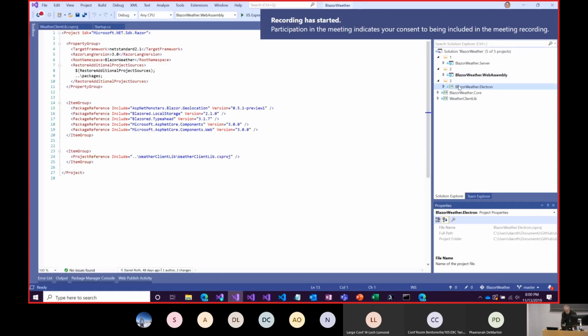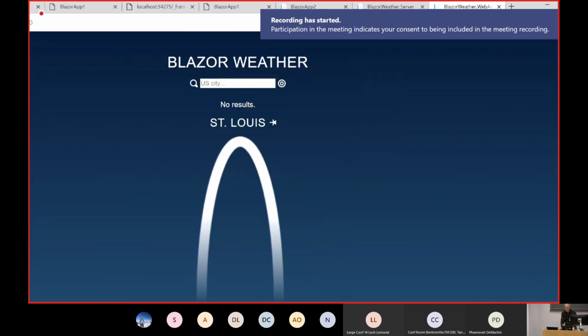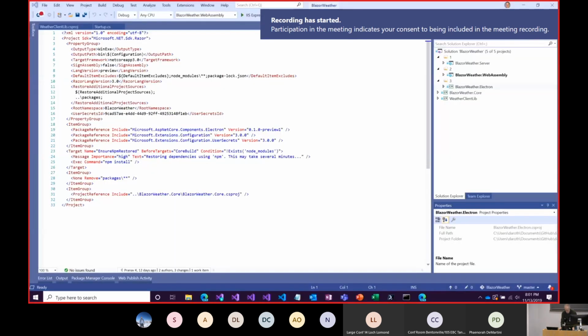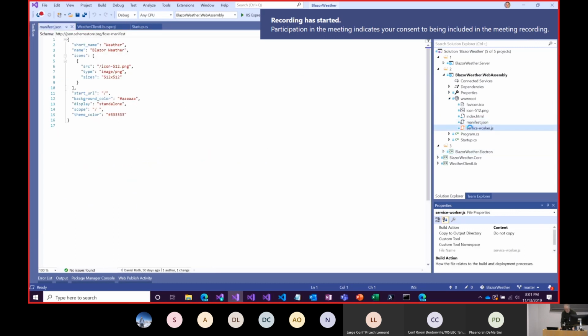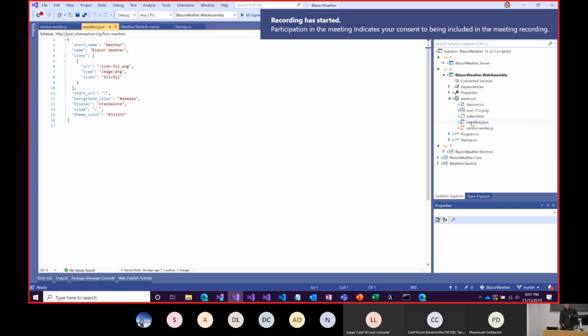Okay, but we can also reference, and before I do that, notice up above, there's this button here that says install Blazor Weather. You see that? Why is that there? Well, that's because the Blazor WebAssembly app does have 2 things. It has a manifest and it has this serviceworker.json file. Now, some people look at serviceworker.json and say, hold on, you told me I didn't have to write any JavaScript. Well,